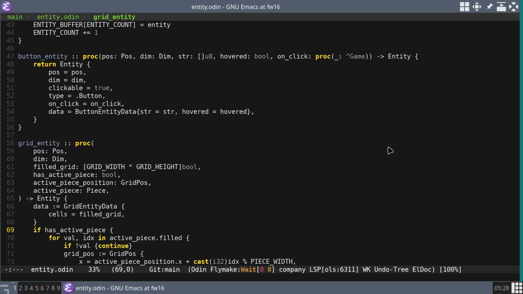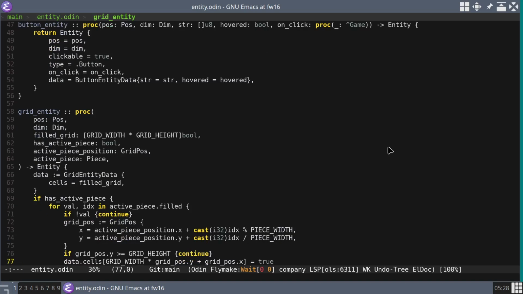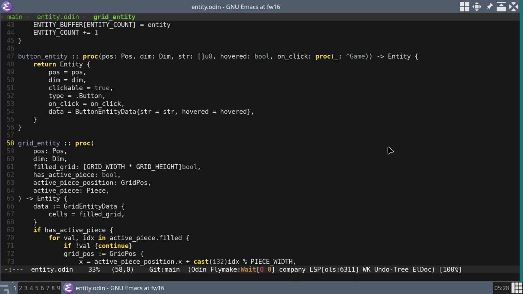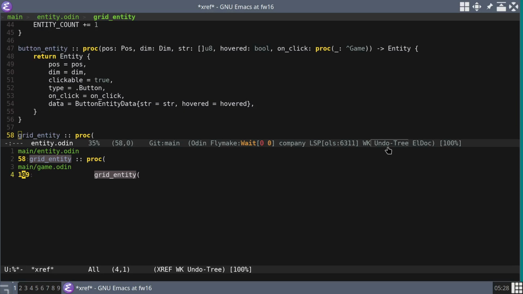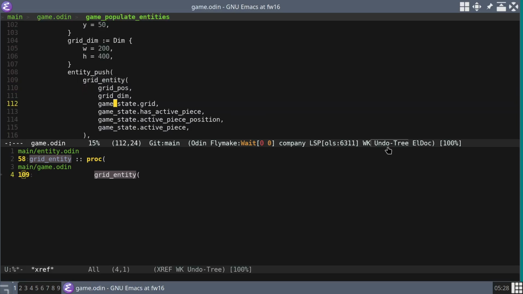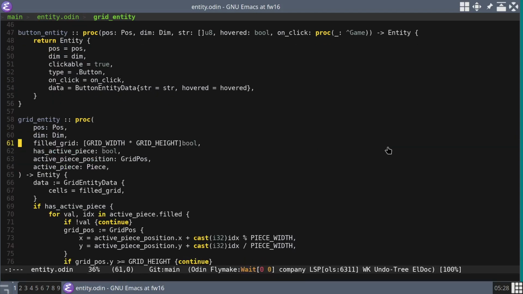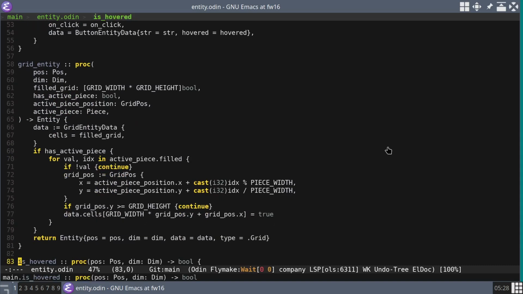Data. Grid entity data. Cells equals filled grid. What is that? Go call this. Yeah, the grid just lives on the game state. Okay. So that's why that's being passed in there. And then we're updating the values in that grid based on the values in active piece. So if active piece is being updated as expected,